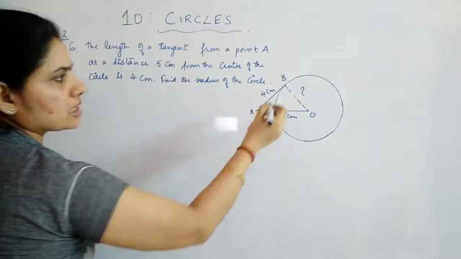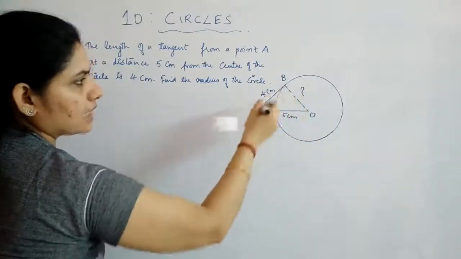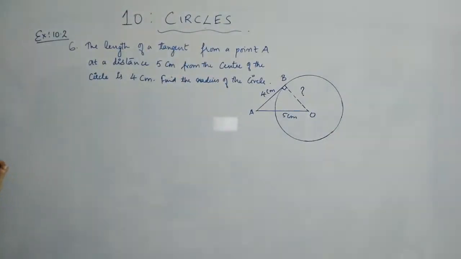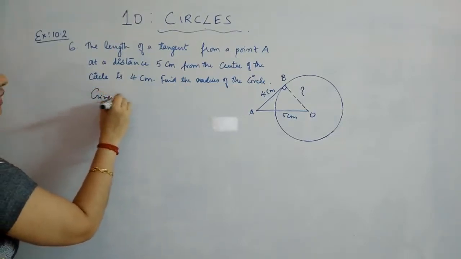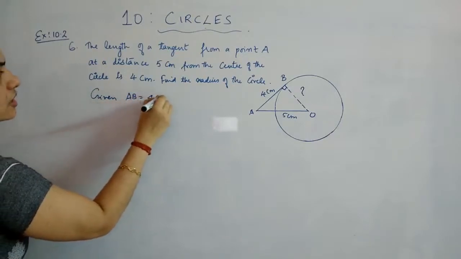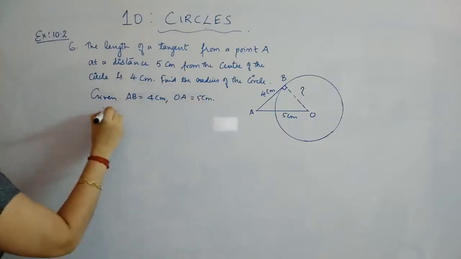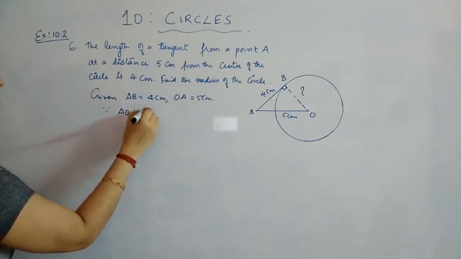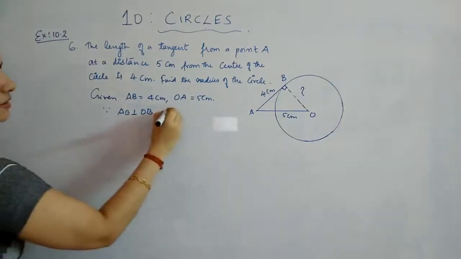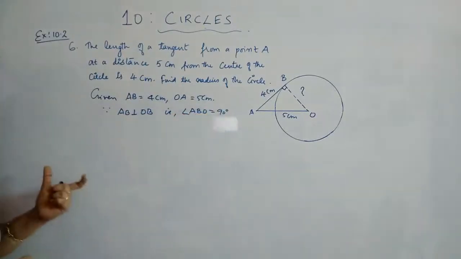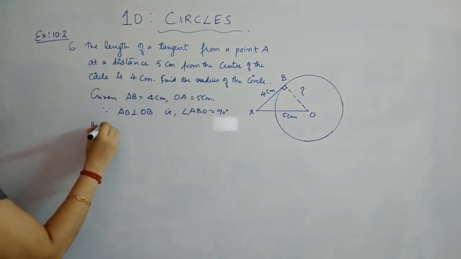Okay, again we know the concept that this radius and this tangent will make an angle of 90 degrees with each other at the point of contact. So using Pythagoras theorem, you can find out the radius of the circle. Okay, so what is given? Given is AB is equal to 4 centimeter, OA is equal to 5 centimeter, and since AB is perpendicular to OB, that is angle ABO is equal to 90 degrees, the triangle formed is right angled. Okay, therefore you will have